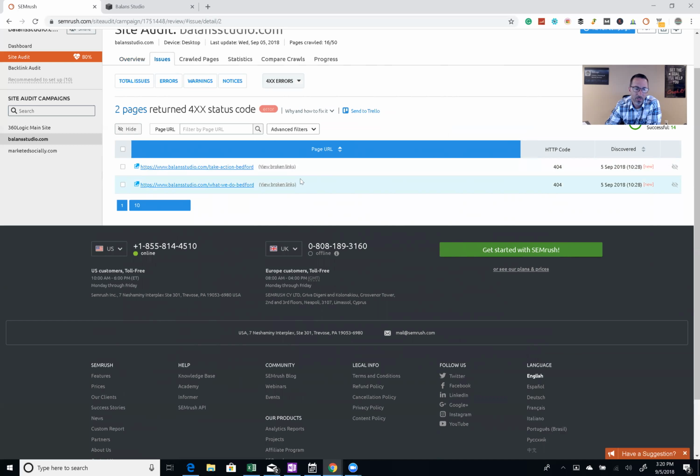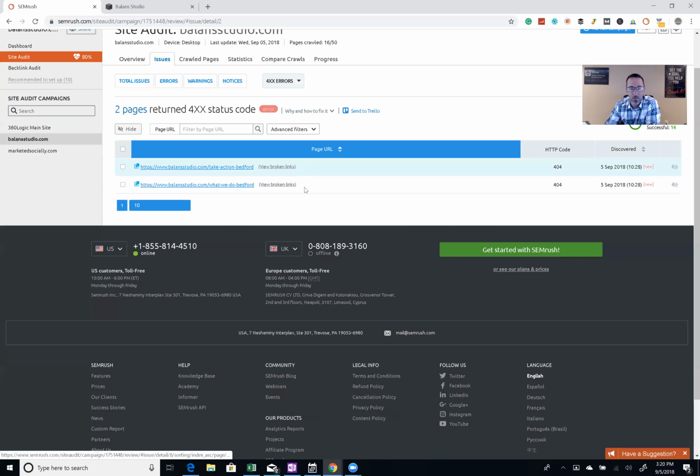So sometimes those things happen. They're out there, either you changed the page or the URL was typed incorrectly, the address was typed incorrectly into the button or whatever. So this identifies that two are in there. They're not working. That means when a customer goes to them, they'll get a 404 or some kind of error page. And normally, if someone gets an error page, they'll just leave your website, and we don't want that